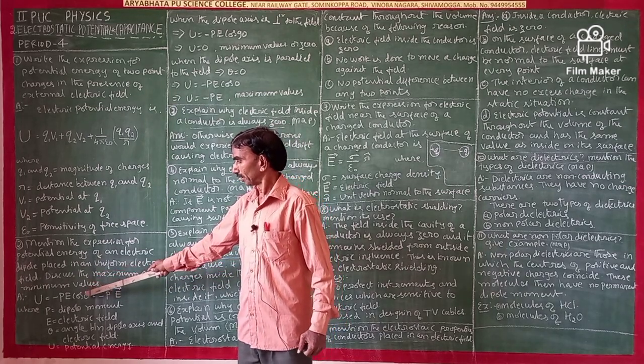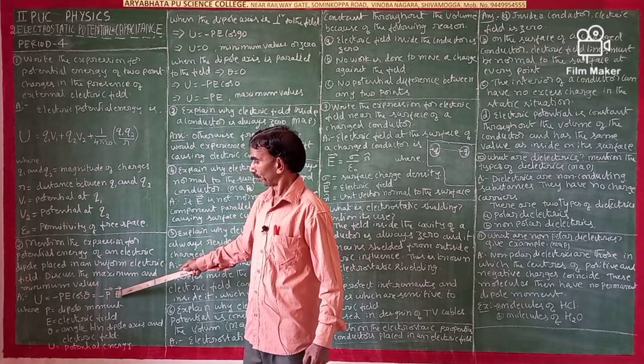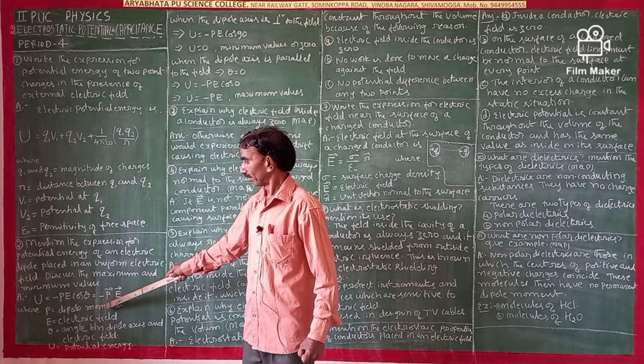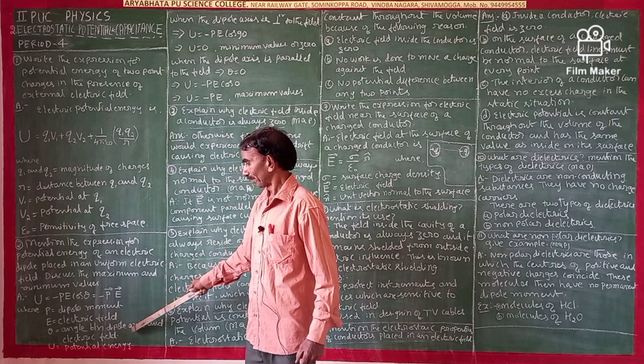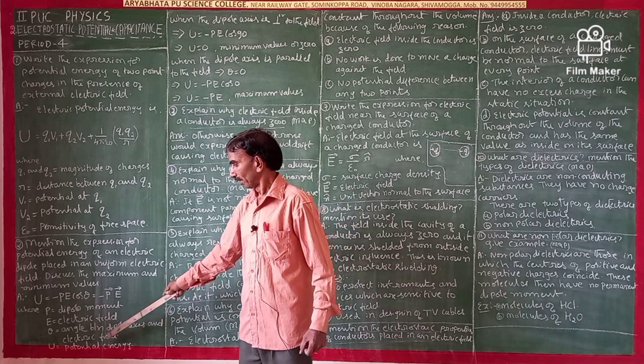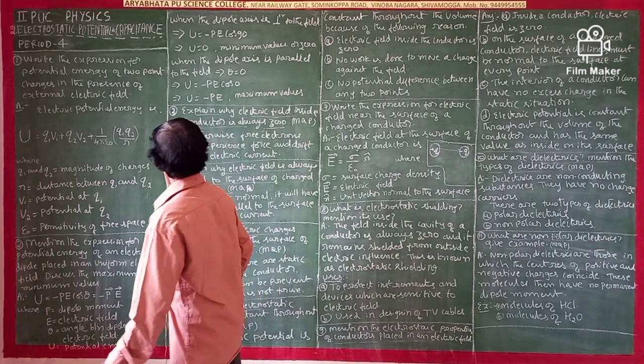So U equals minus P E cos theta, equals minus P dot E, and P is the dipole moment, E is the electric field, theta is the angle between the dipole axis and the electric field, U is the potential energy. That one. Next,